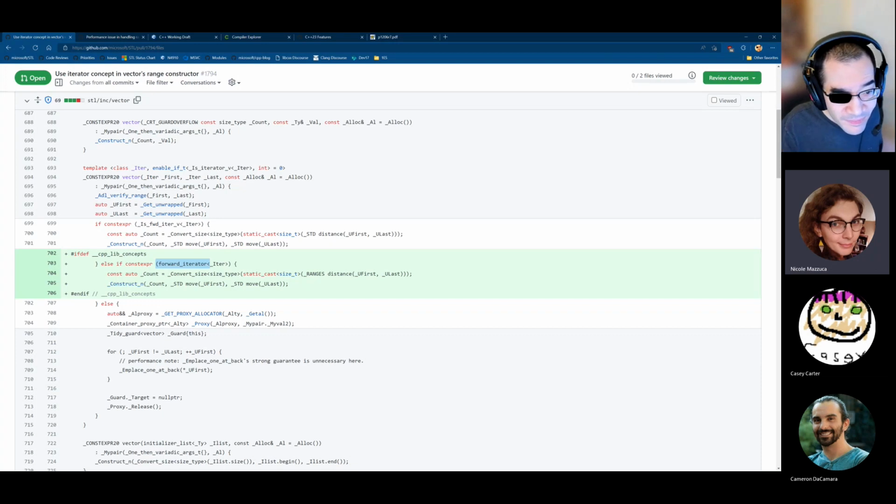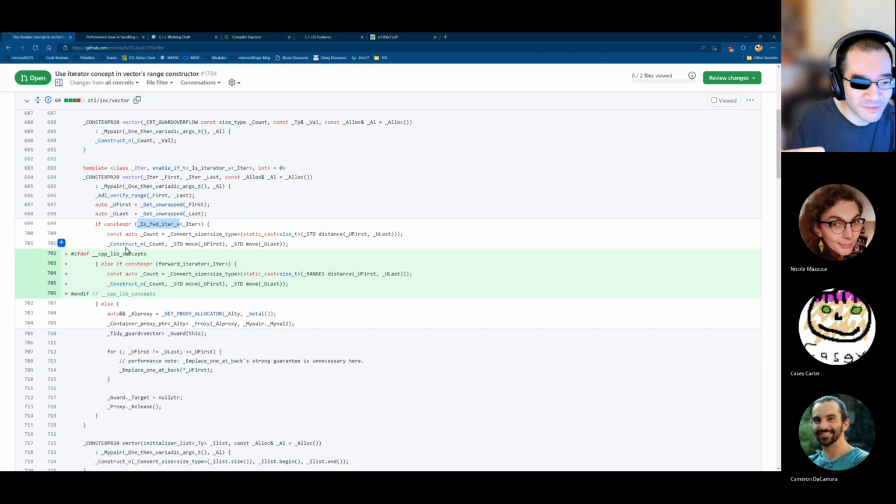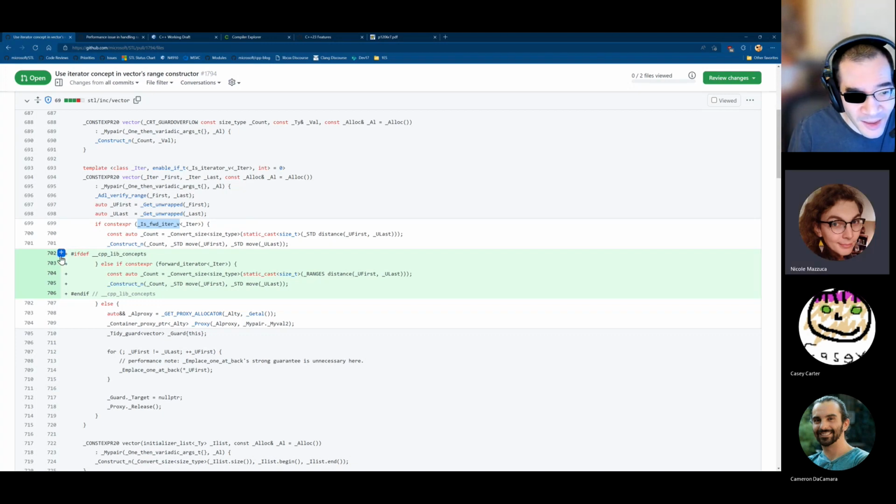But my point in the meeting yesterday was less, aren't these the same, and more, is forward_iterator_v only done in the old code, given that I believe that forward iterator-like encompasses is_forward_iterator_v? Does that make sense? Okay, so the question is not, is it redundant, but could we simply replace the old code path? Right, and obviously we would need to do an #ifdef and then an #else, but in theory it's